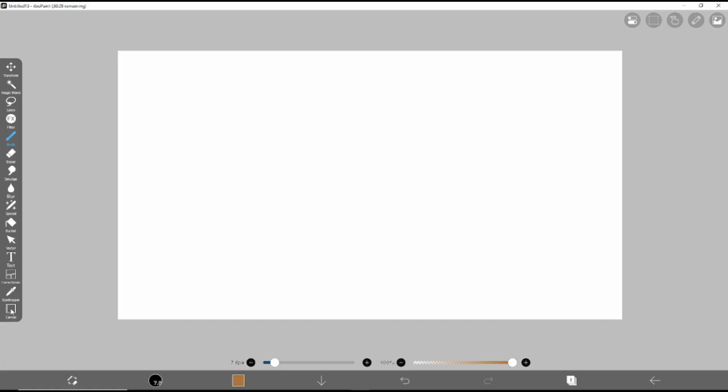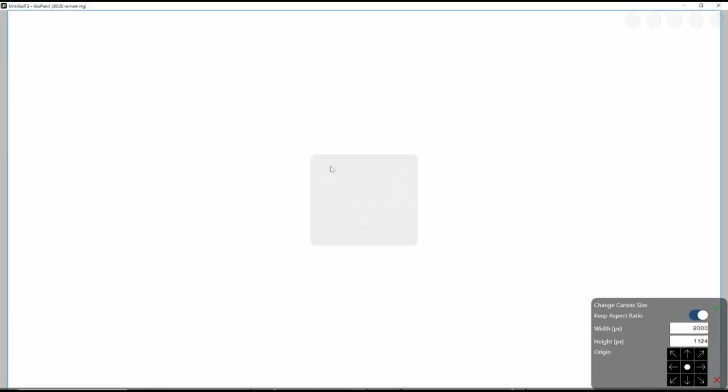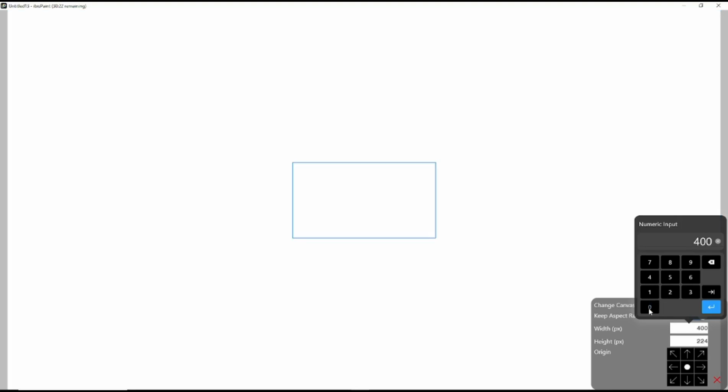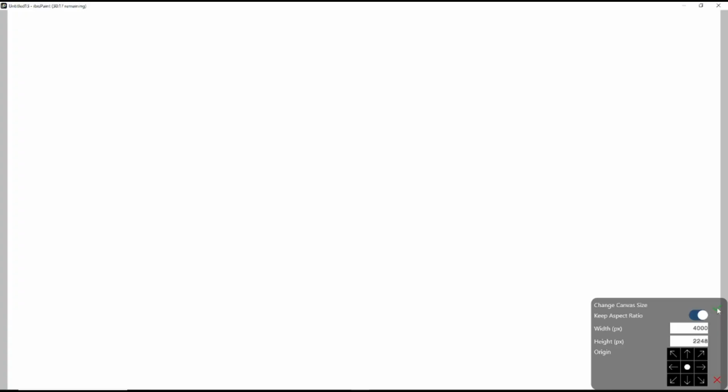Click this canvas tools again and click change canvas size. You can set the high resolution to 4000 for width, and you can click OK to apply this canvas